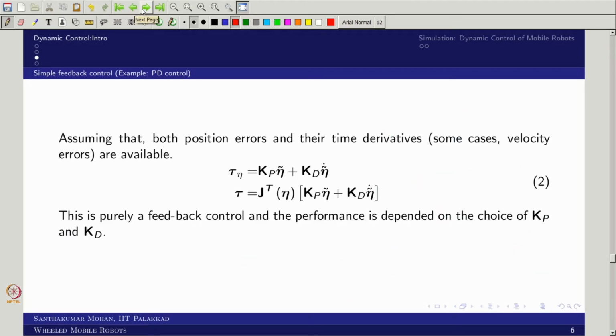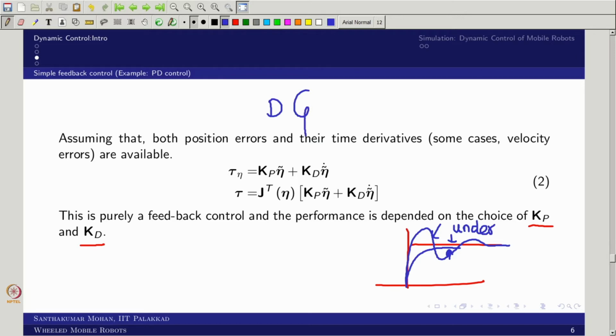So, what it says is it is purely feedback control, but its performance purely depends on the choice of Kp and Kd. But this is not the right perspective, because if you look at the PD control performance, it would have a steady state error. Sometimes it would also have an overshoot, in the sense it would be an underdamped performance. These are supposed to be avoided, and we will try to make the complete error dynamics a second order error dynamics. In this case the error dynamics is not that way.